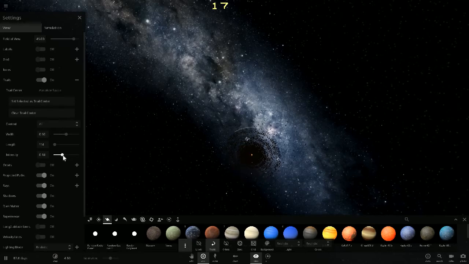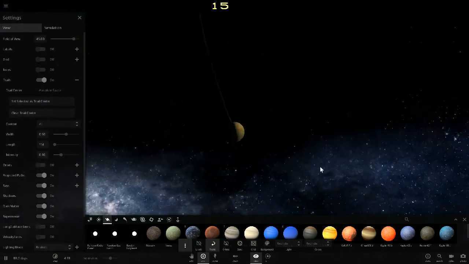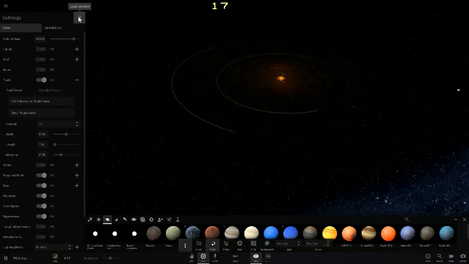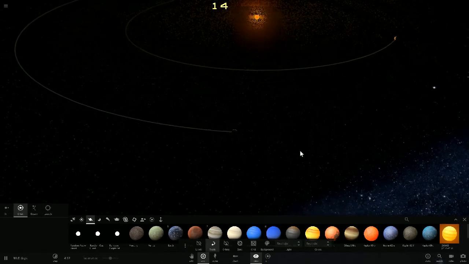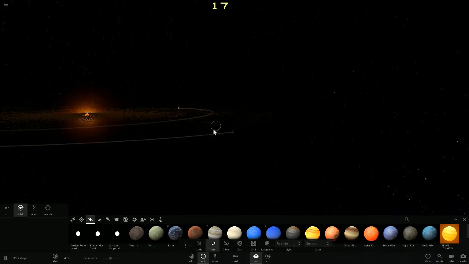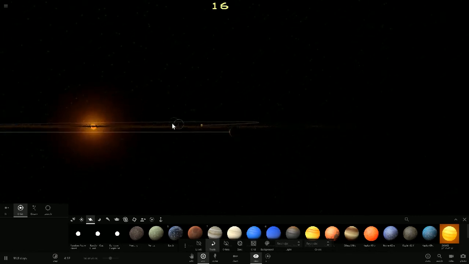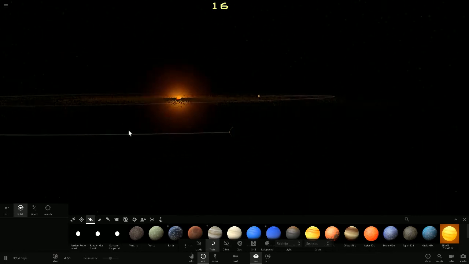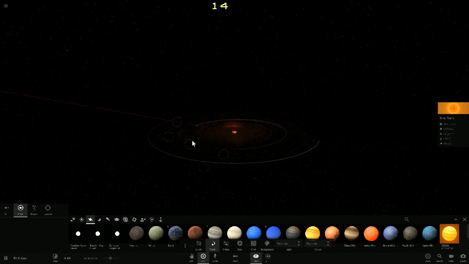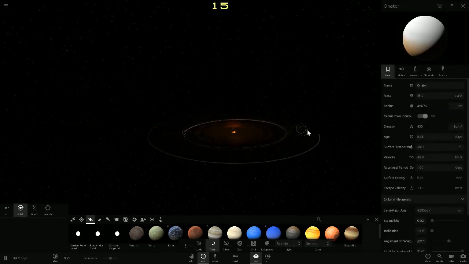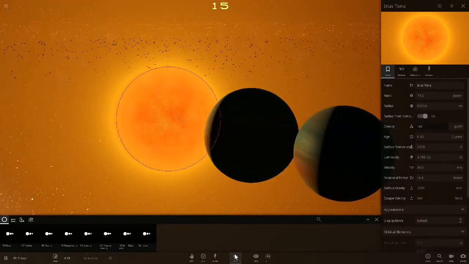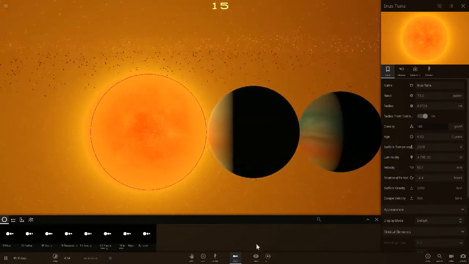So right now, we can see that these two gas giants are still feasting on the surrounding dust and gas. Well, it's not really gas, it's more dust, because all the gas has been swallowed by these two massive gas giants. They're massive in the system. They're practically the same size as the brown dwarf. Now,